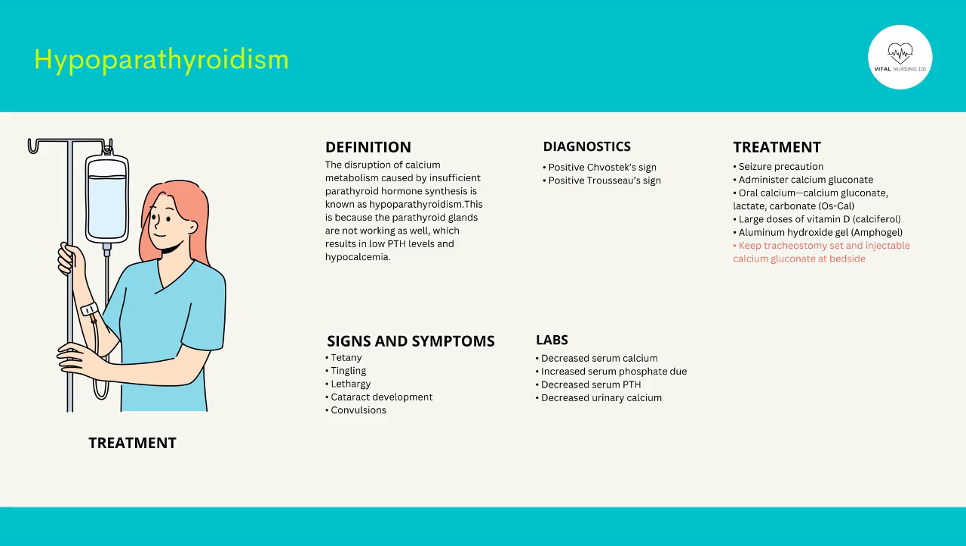Okay, let's move on and learn about initiating treatments for hypoparathyroidism. Most important is to initiate a seizure precaution. Then, administer calcium gluconate by slow IV drip for acute hypocalcemia. Other treatments include the following: oral calcium, calcium gluconate, lactate, carbonate, large doses of vitamin D to help absorption of